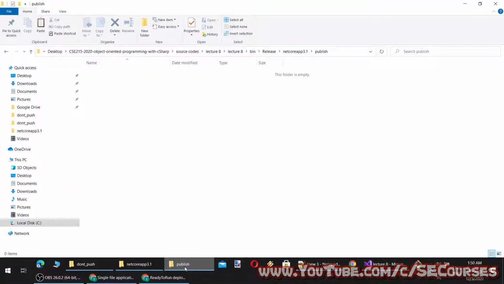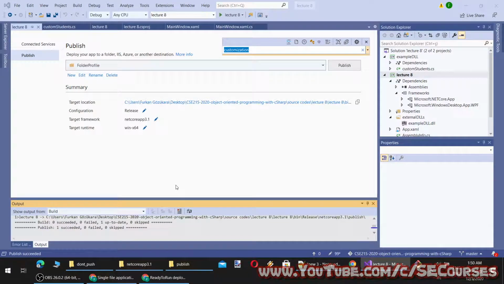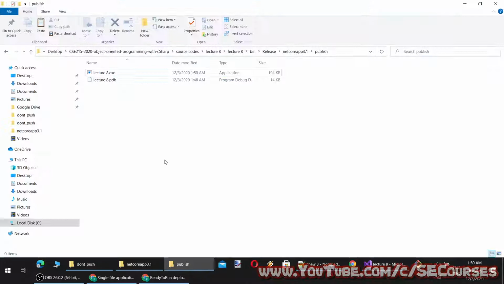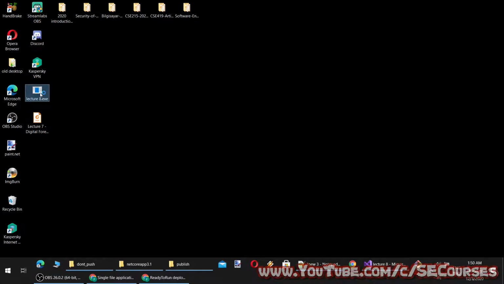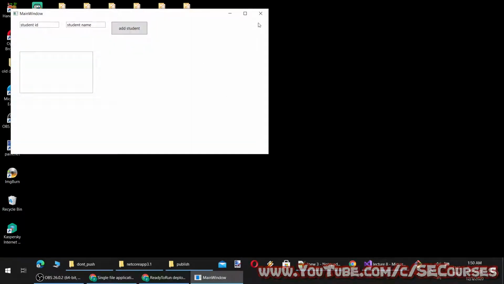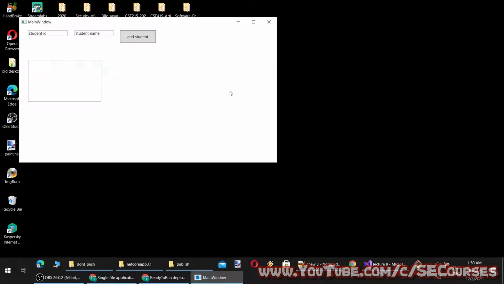However, it will require me to install .NET Core 3.1 runtime. So the publish took only a few seconds, and I'm copying and pasting it. And when I click it, okay, now it is working. Nice. Yeah, it is very nice.